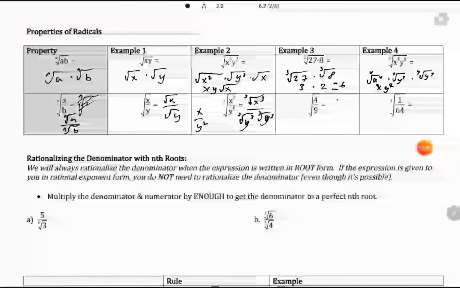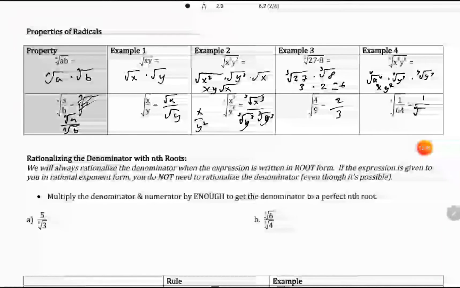4 over 9, the square root of 4 is 2 over 3. Fourth root of 1 is 1. Fourth root of 64 is 4, no. 2 times 2 is 4, times 2 is 8, times 2 is 16. So that's not it. 4 times 4 is 16, times 4 is 64. Okay, that means I have to split 64 into